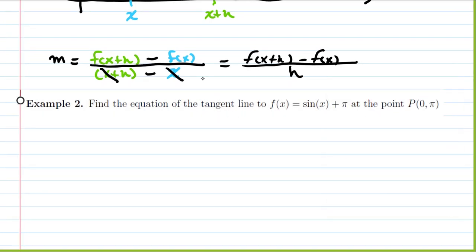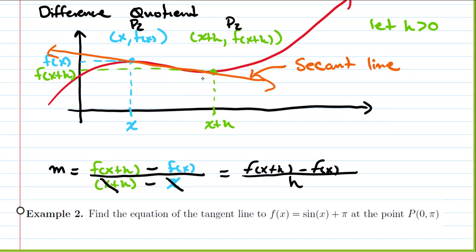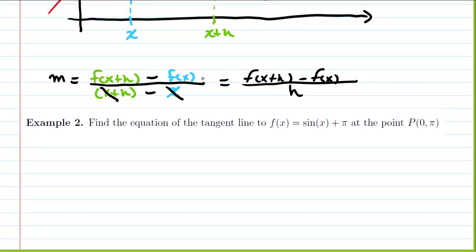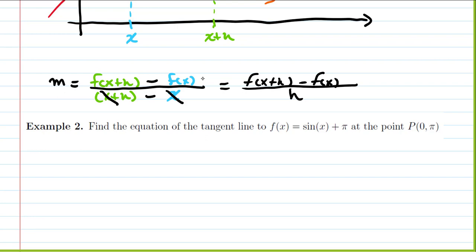Find the equation of the tangent line to f of x equals sine x plus pi at the point P, which is (0, pi). So going back to our previous example, we talked about a secant line. We're going to need a definition of a tangent line so we can do this problem. So a tangent line